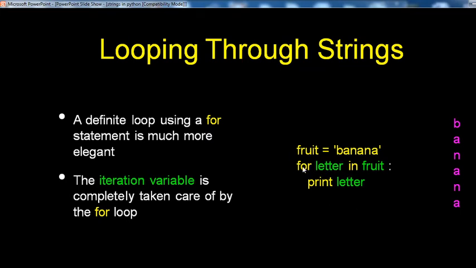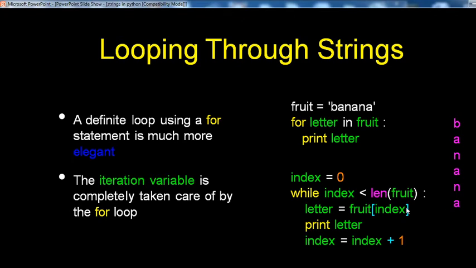That means if you want to use a for loop for whatever letters are available in fruit, fruit is one variable that defines the string 'banana'. For letter in fruit, print letter. That prints B-A-N-A-N-A, a finite display of whatever letters are available in that variable. Again, another example: fruit equals 'banana', for letter in fruit, print letter.